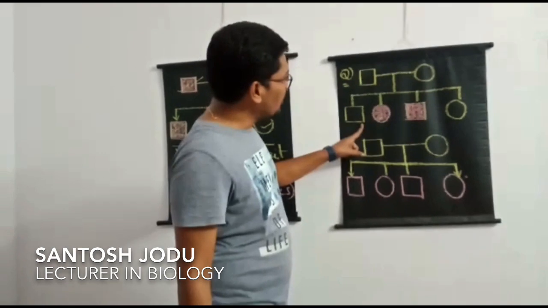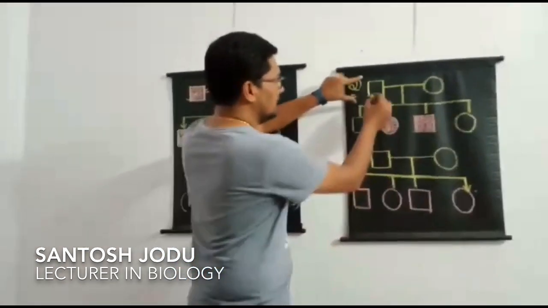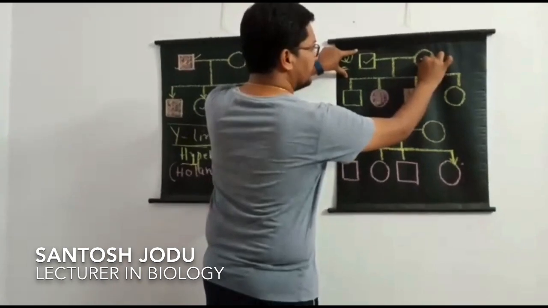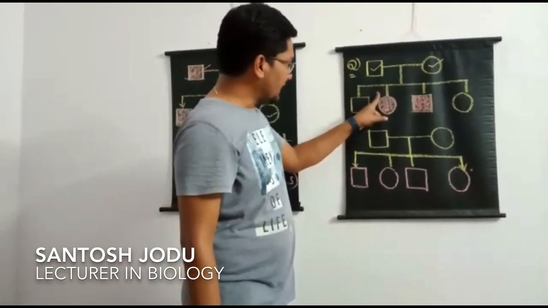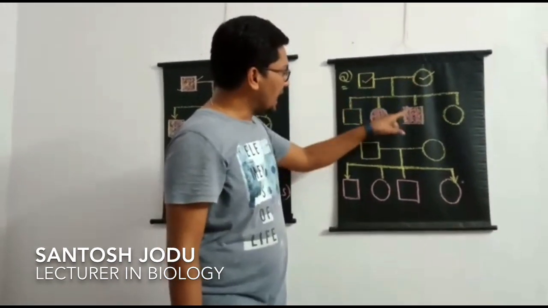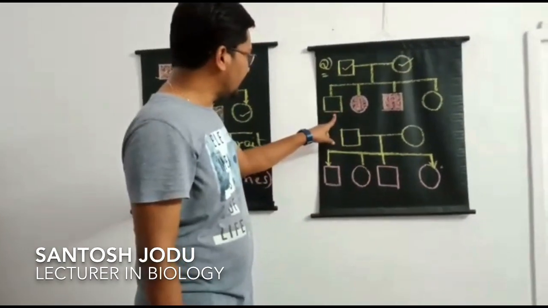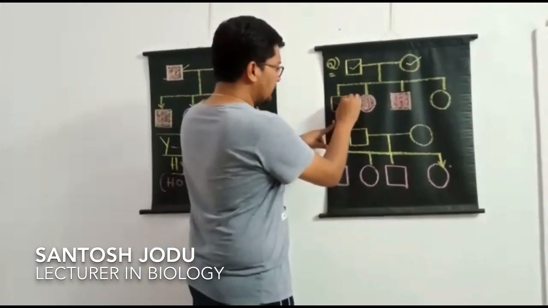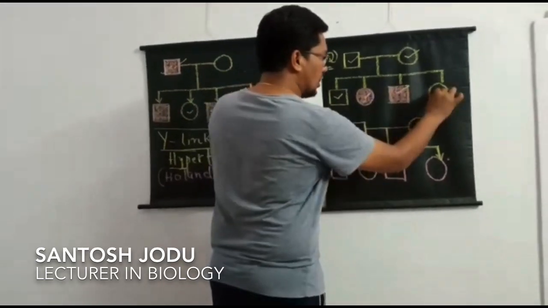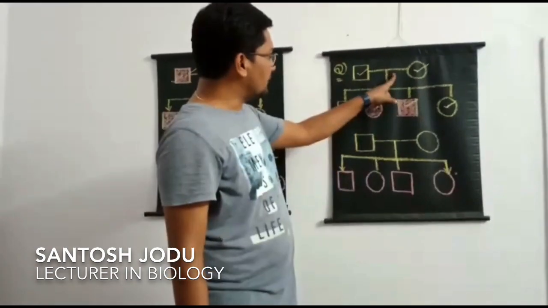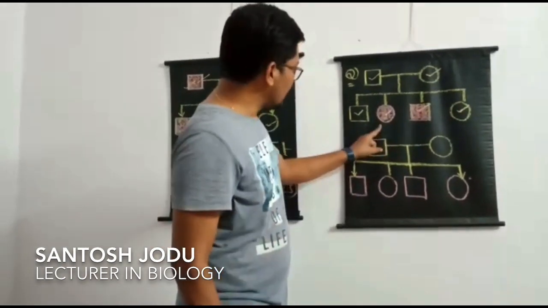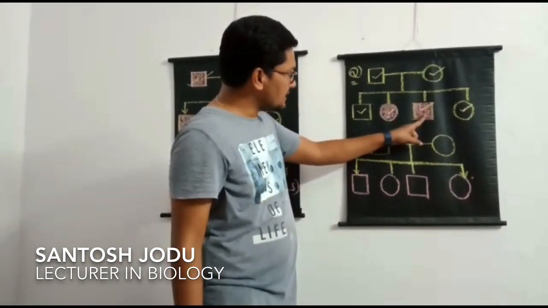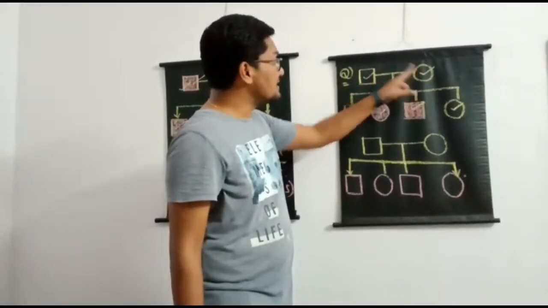Let us see one more pedigree chart, and if you look into it, a healthy male married a healthy female, meaning both the parents are shown normal, and in the very next generation, this couple has got 4 children. As usual, I have written here, they have 2 sons and 2 daughters. But here it is shown that 50% of the children of this couple are affected, and that too irrespective of the sex. You can see here, 1 daughter is affected and 1 son is affected, but both parents are normal.